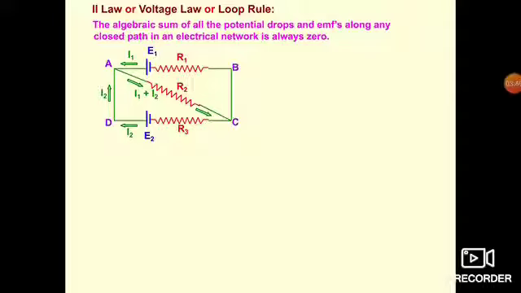Now remember one thing, it's very important. At point C, when this sum I1 plus I2 reaches, I2 will not go towards E1 and I1 will not go towards the negative of E2. I1 will go to the negative terminal of E1 and I2 will go to the negative terminal of E2, like this. Clear? It says that if a particular current is flowing from the positive terminal of any source, it will return back to that source only. It means it will move towards its negative terminal.